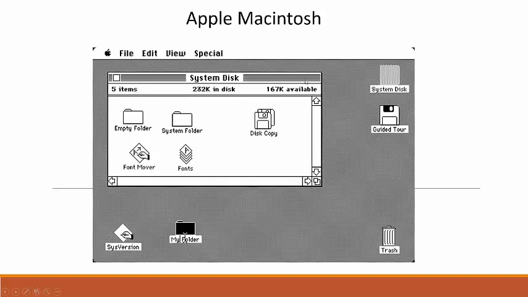It brought in many of the elements that we know nowadays. Again, trash cans, icons, folders. This became synonymous with Apple. This became the Mac. And really, this environment didn't change a lot. It got fancier and prettier over the years, but it remained more or less the same until the early 2000s, when Apple switched to OS X, or OS 10, which was the next generation beyond the original Macintosh OS.